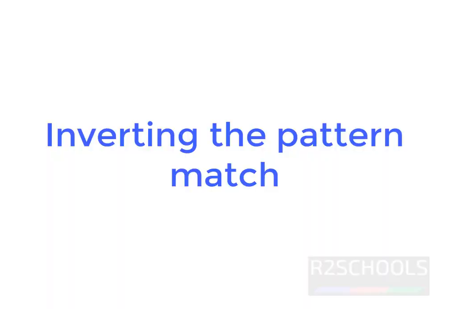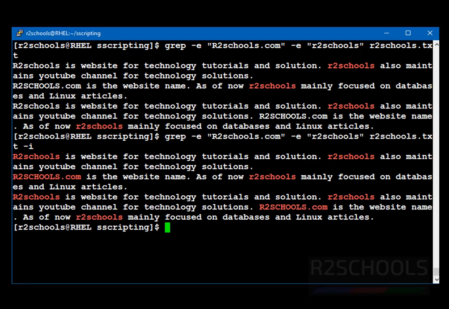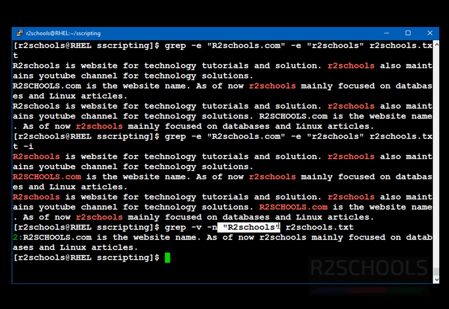Last example is inverting the pattern match. We can display the lines that are not matched with the specified search string using the -v option. Grep -v -n, then the keyword R2schools, from the file r2schools.txt. What will it do? It will give all the lines except the lines matching this word. -n displays the line number.